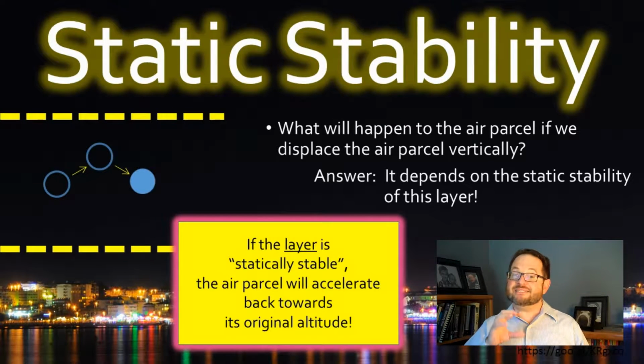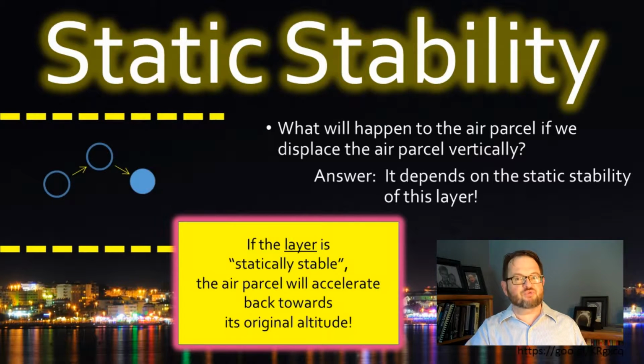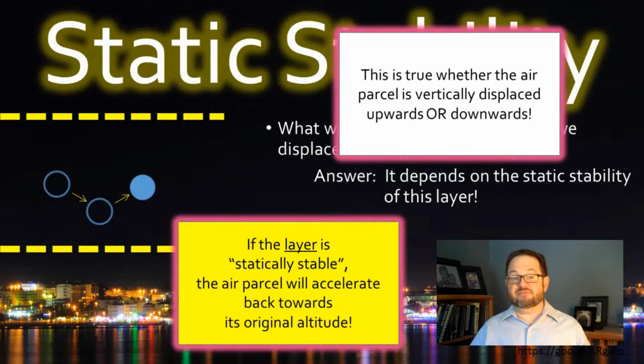If the layer here is stable, when we nudge that air parcel upward, it's going to want to return back to its original altitude, like what happened here in this diagram that I have up there. I nudged the air parcel upward a little bit. Once I stopped doing that, the air parcel just returned to its original altitude. And that's going to be true, by the way, whether the original nudge was upward or downward, as long as the layer is